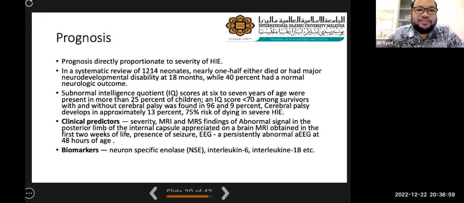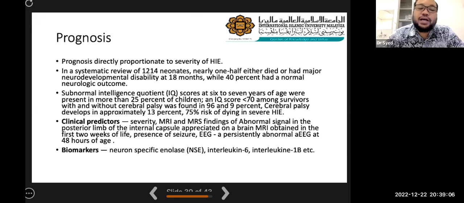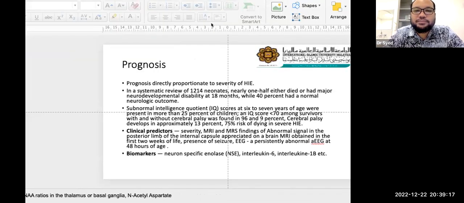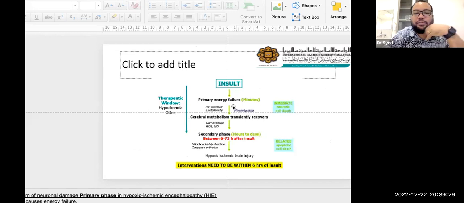Doctor, I have a question. Dapat tak? What is the principle of the therapeutic cooling in HIE patient? So basically what it does is, again, if you remember, macam mana saya nak stop sharing ni? I don't have the button, this is only resume share. Stop sharing tak ada. So basically what happens when you cool, okay, if you look at the, mana ni? If you remember, so this is the problem.